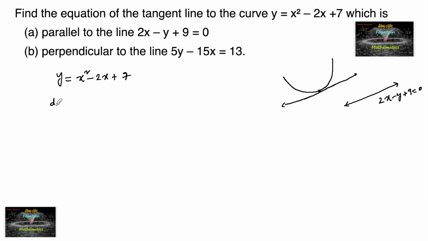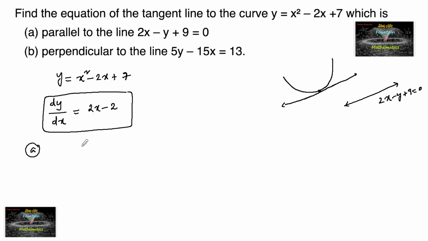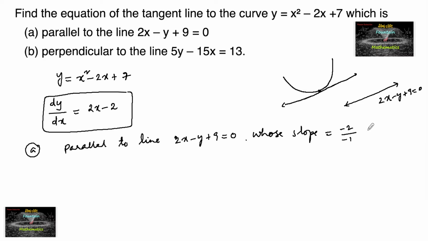So let's differentiate this given curve. We have dy by dx is equal to 2x minus 2. And now let's consider the first case, parallel to the line 2x minus y plus 9 equals 0, whose slope we can write as minus a upon b, that is minus 2 upon minus 1, that's 2,